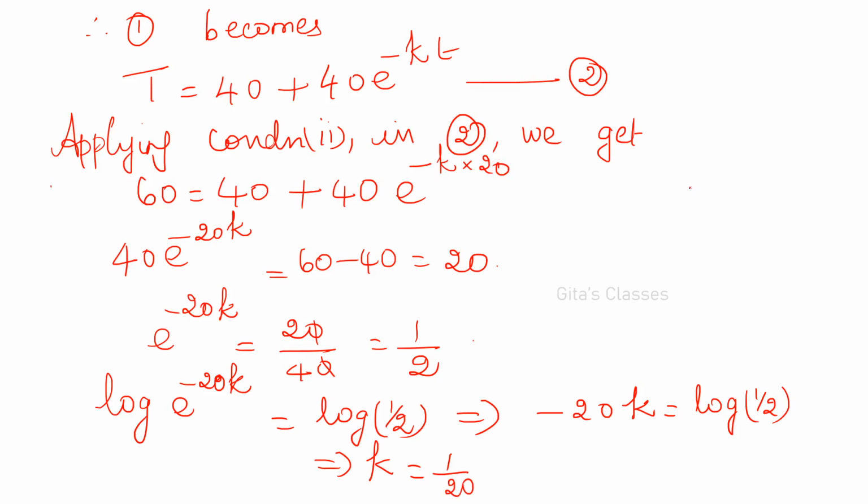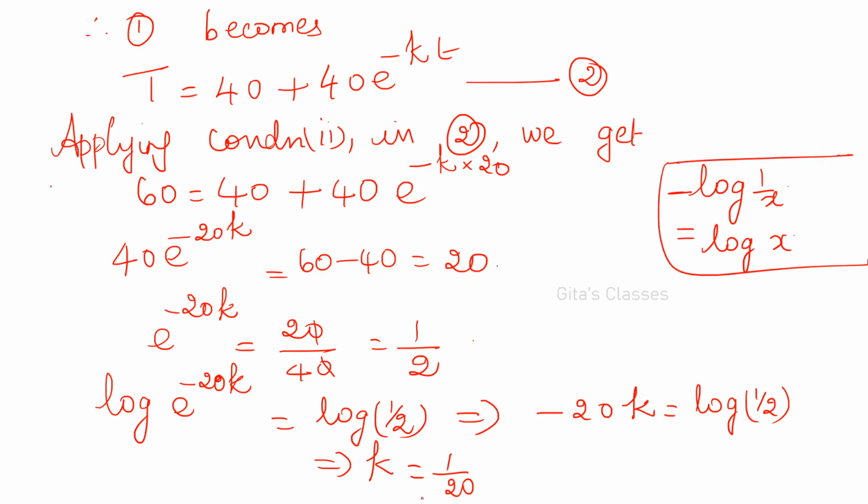Always remember, if you have minus of log of 1 by x, we can write it as log of 1 by x the whole power minus 1, that will become log x. Minus log of 1 by x will become log x. That is what I am going to apply. This minus I am bringing here, this will become log 2, and 20 I am going to divide here. Understood? So 1 by 20 into log 2. This is our k. Therefore equation 2 becomes,